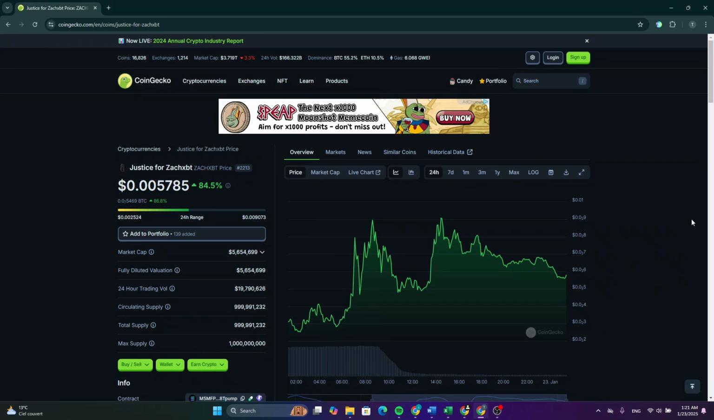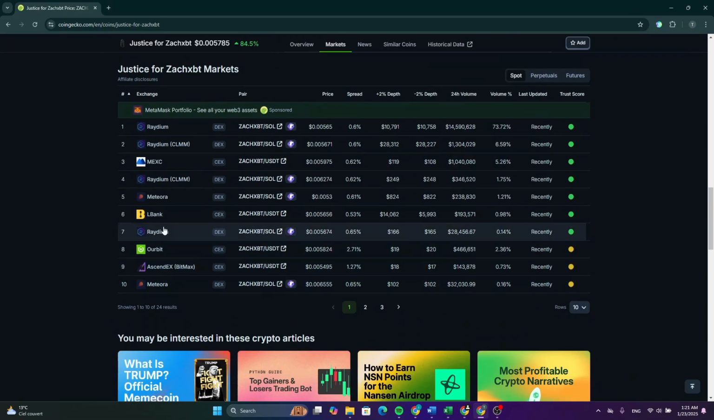As you can see, this token is available on CoinGecko. Go and find it there. After that, click on Markets here and you will be able to see the markets this token is available on. For example, if you want to buy it on MEXC, but you don't have an account on MEXC,